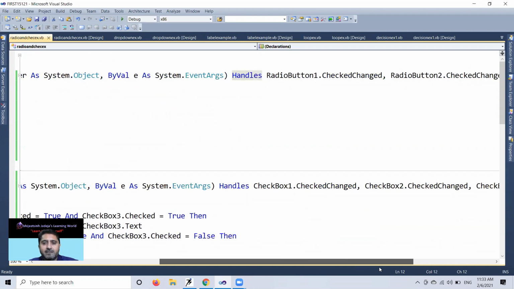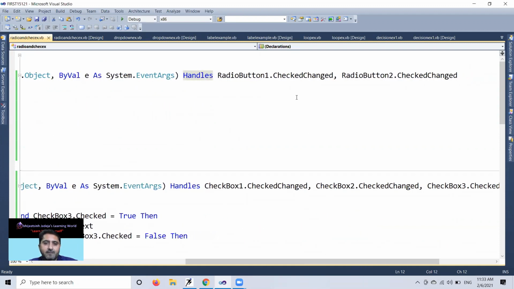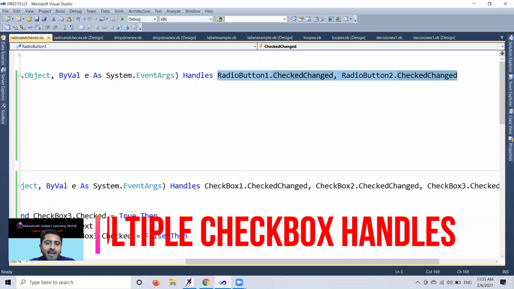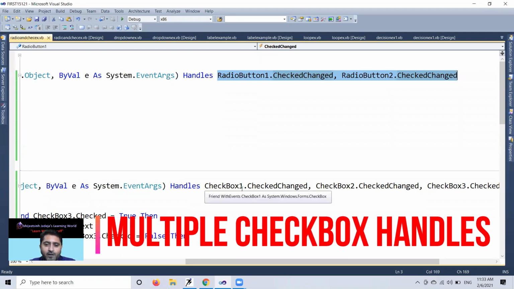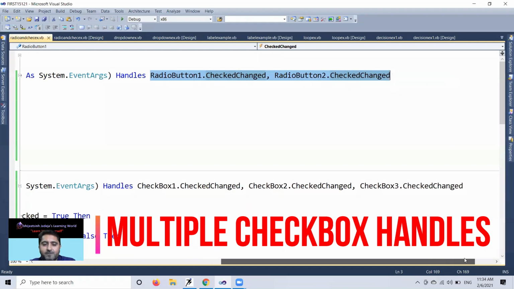I would like to select it, and after handles, radio button 1 dot check change was there, but I provide radio button 2 dot check change. And the same, you can see at the downside: handles checkbox 1 dot check change, comma, checkbox 2 dot check change, comma, checkbox 3 dot check change.